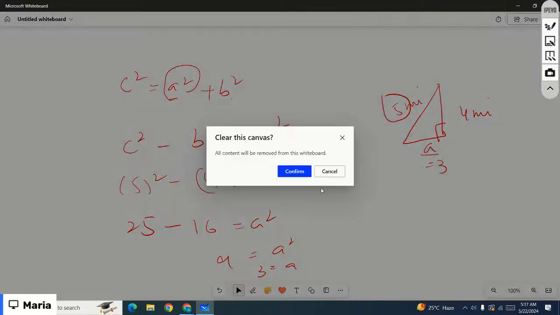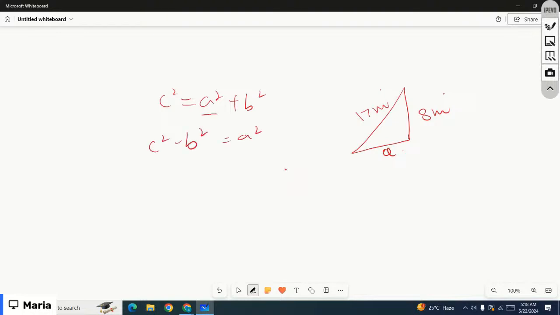Okay, the other example is 8 miles, 17 miles. You have to find A, right? So hypotenuse is C square equals A square plus B square, but here you need to find the A. So move B other side. That will be C square minus B square, 17 square minus 8 square,